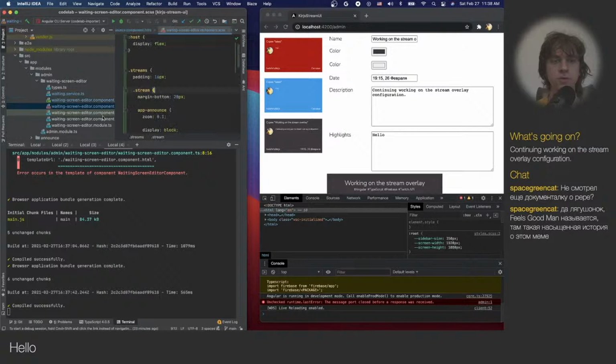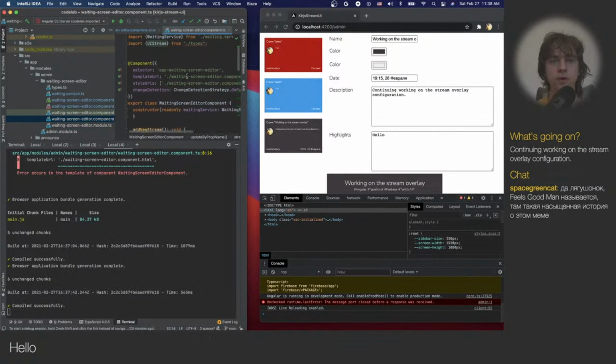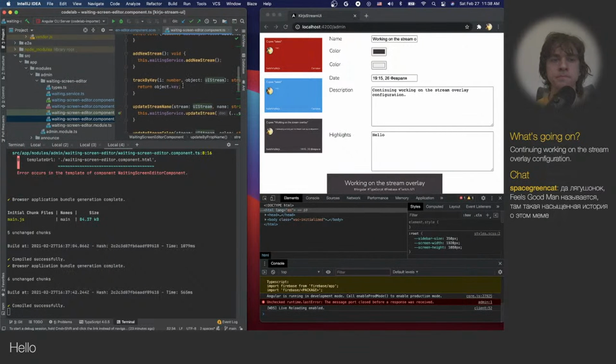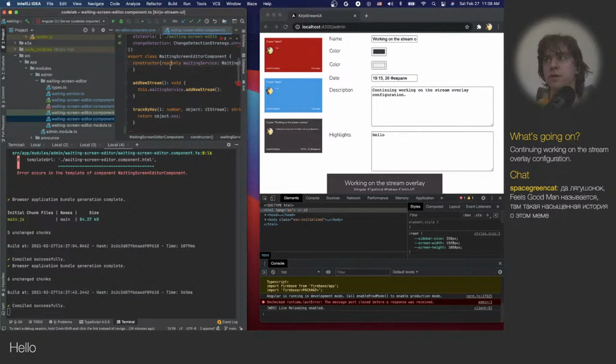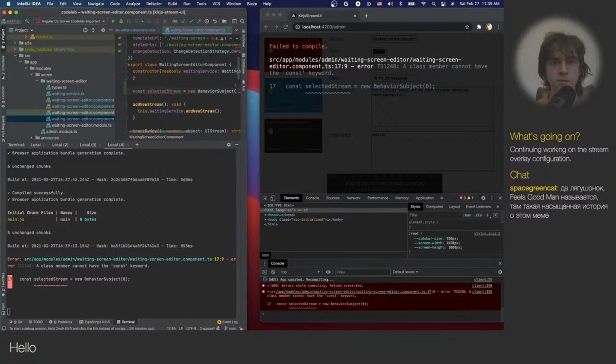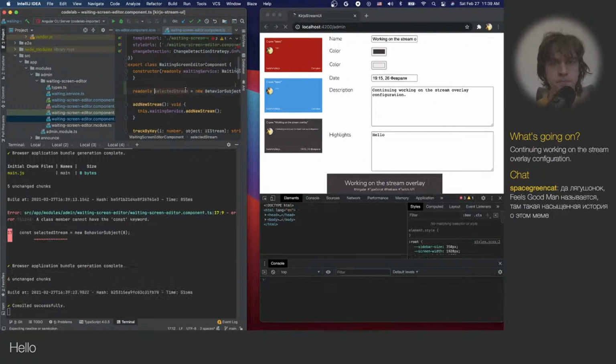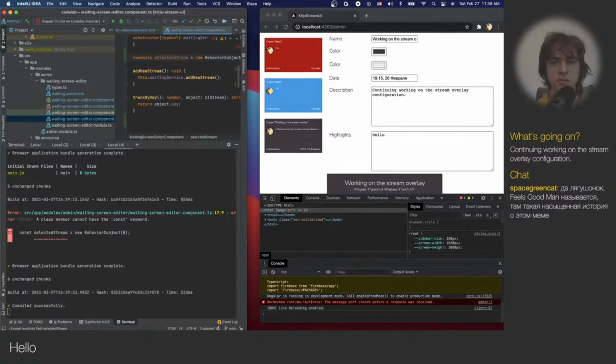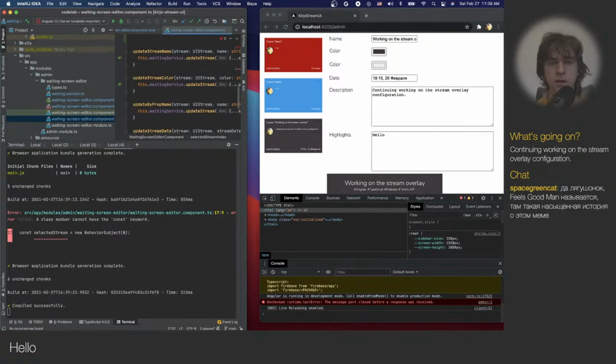So I only want to show one at a time. But how do I know which one? Right, that's the question. So I can use an index and just show the stream at that index and update the index on click. So selected stream, new behavior subject from 0, and then latest stream. Hey, what happened? Oh, I keep doing const instead of readonly. It should be selected stream index. And then for latest stream,